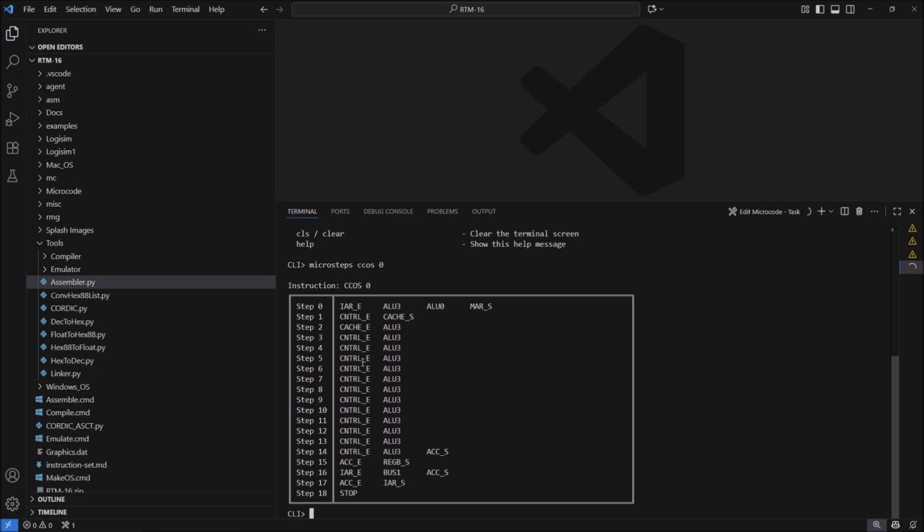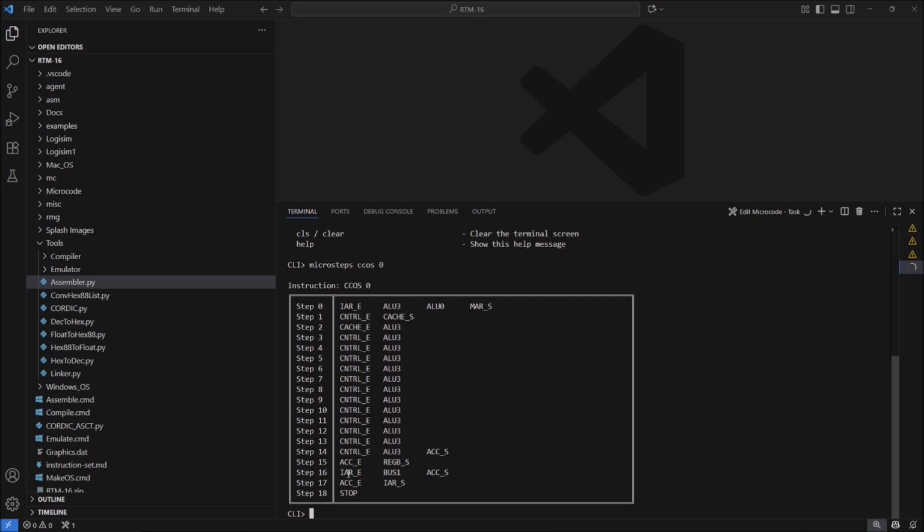The only one that we really would need to change is the very last one down here. So we have to ensure that this says ALU3, because we're going to be using this in order to output the final value, which is the cosine value from the CORDIC unit. And we're going to save it in the accumulator, and then we're going to take it from the accumulator and put it into Reg B, say for example register number 3,